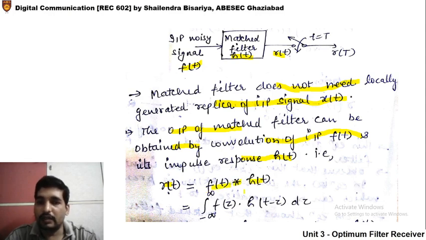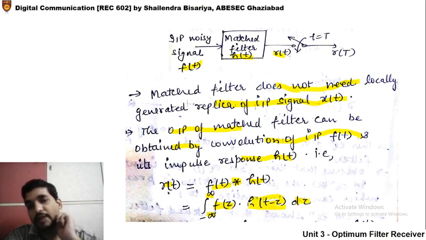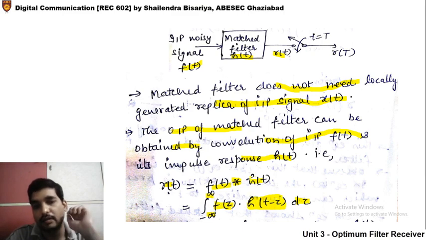Now, convolution in the time domain can be represented as the integral of f(tau) h(t minus tau) d tau, with integration from minus infinity to plus infinity, for convolving over the entire duration. Now what is the value of h(t minus tau)? What is the value of h(t)? h(t) is again in terms of f(t). We have already seen this in the last class.